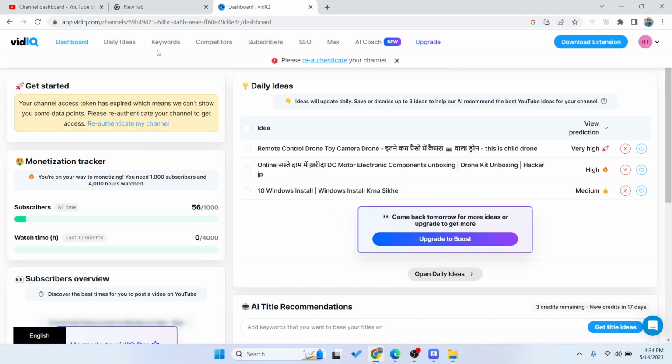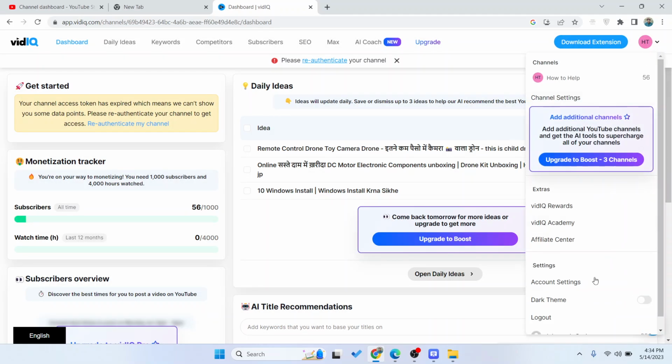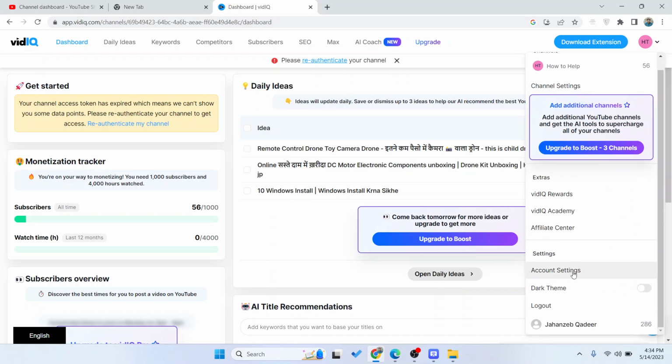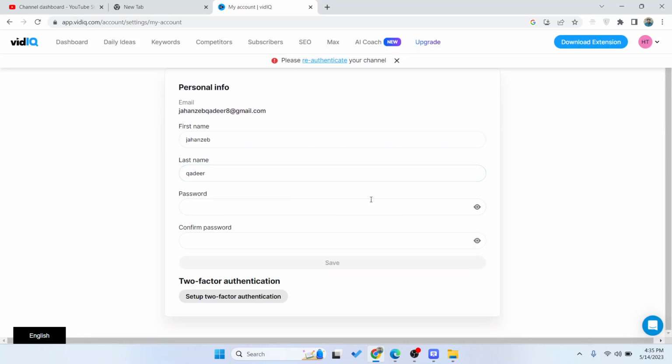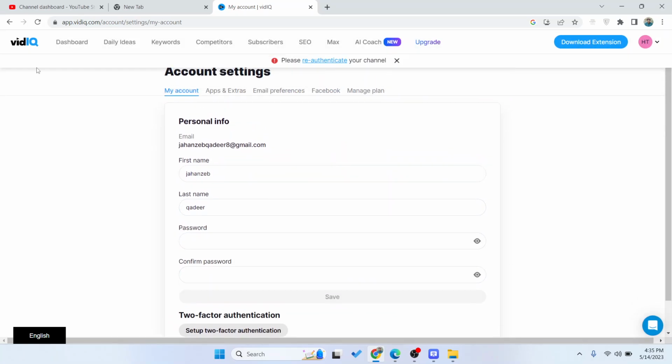So once you log in, you can see that there is an option to click on settings, but you are unable to find any options on how to delete your account. So the only method possible is to click on this icon in the right bottom corner